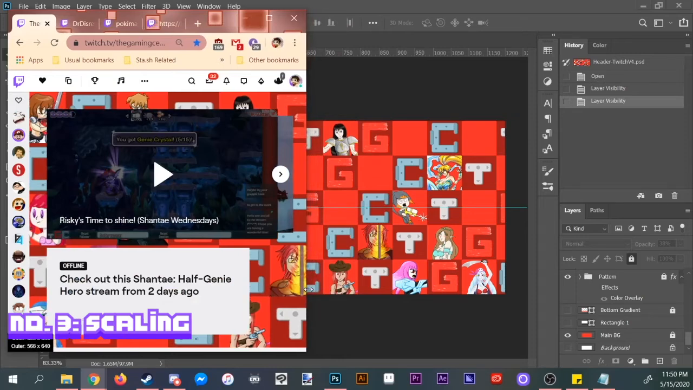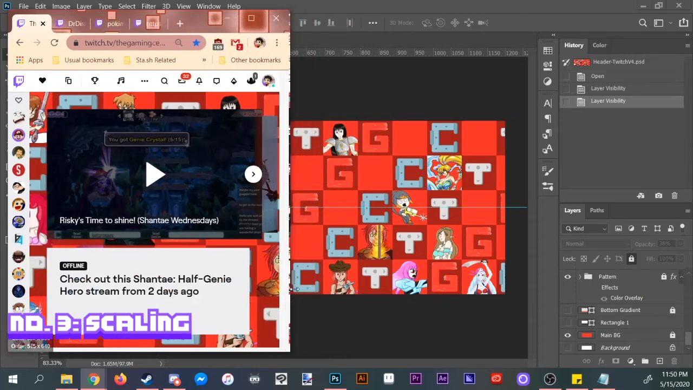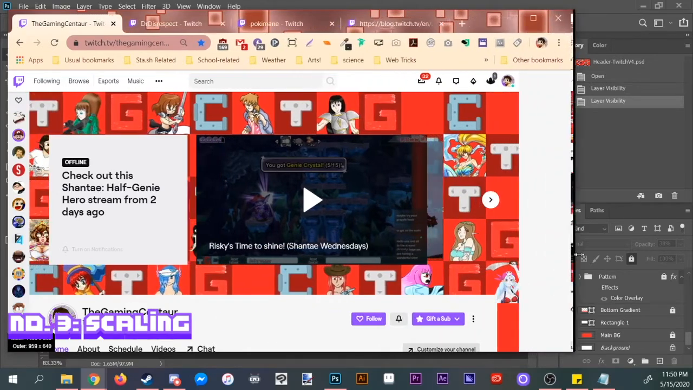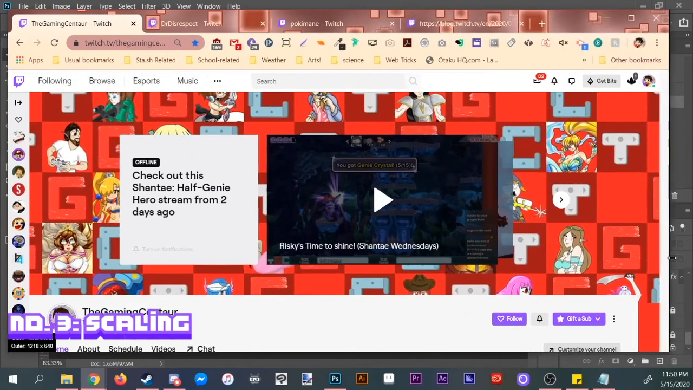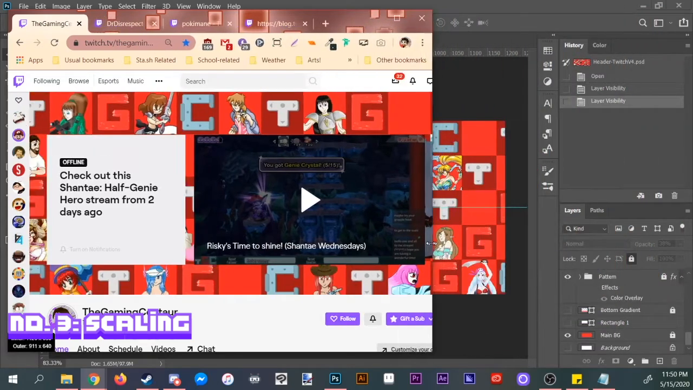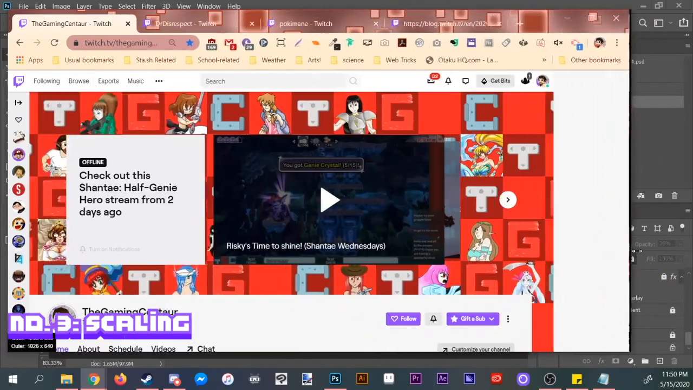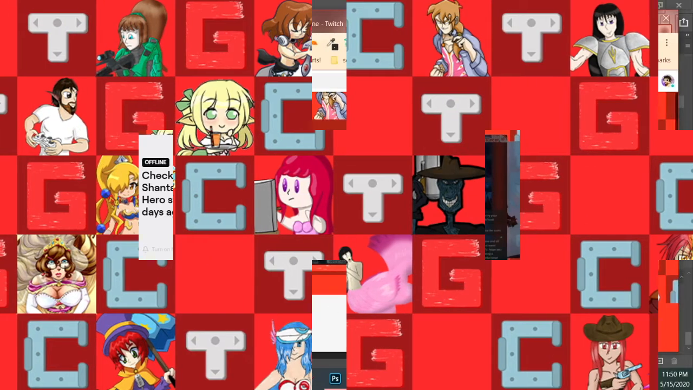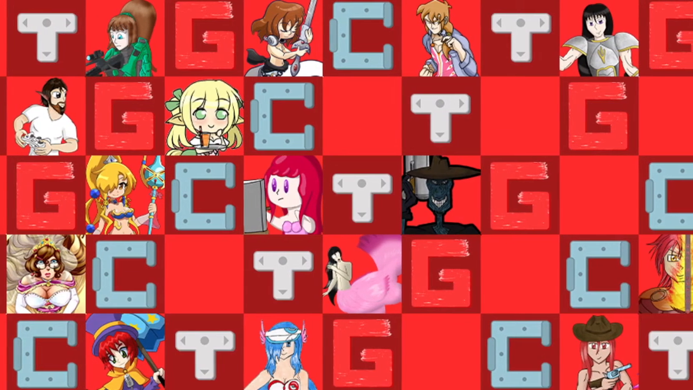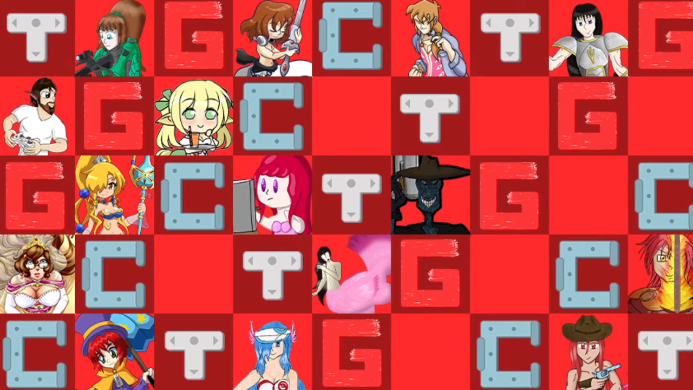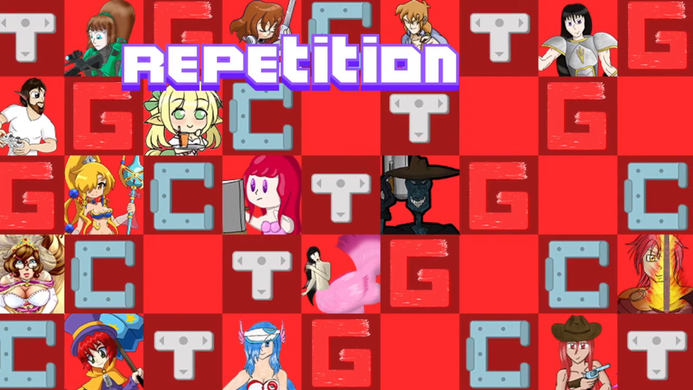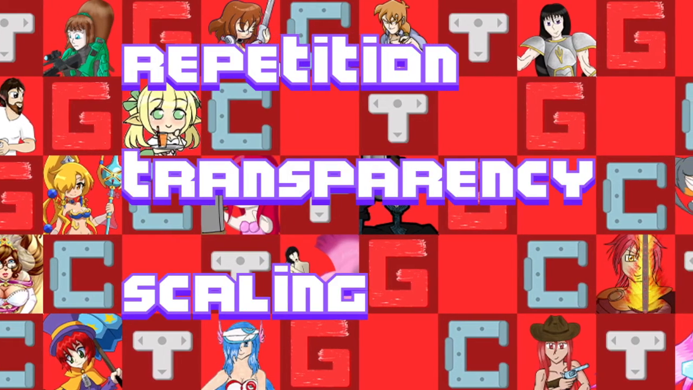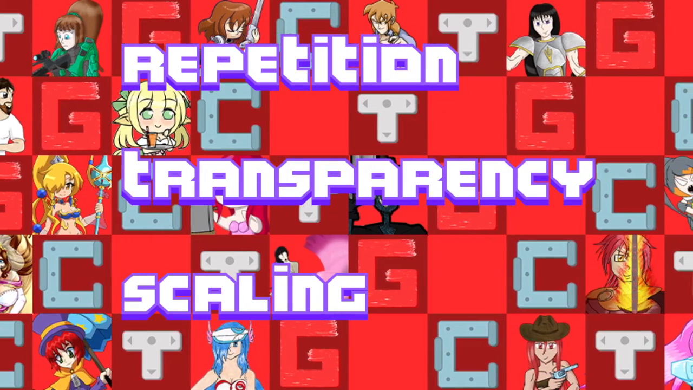go with any kind of format that people have. If they have a smaller screen, a medium-sized screen, or even a big fat widescreen, this will help it form with their browser and their zoom size as well. So those are the main 3 things that you should definitely think about when you're doing this. Repetition, transparency, and scaling. Those are the 3 main things that you're going to need when you're making your new